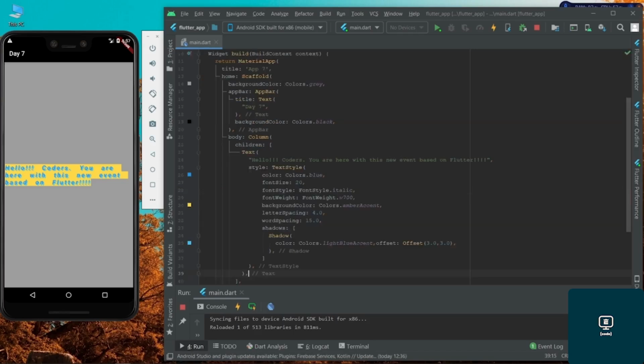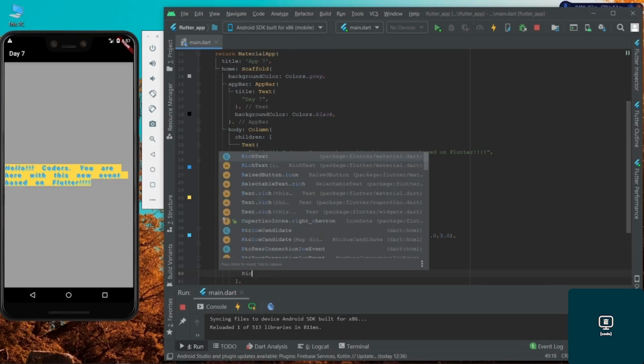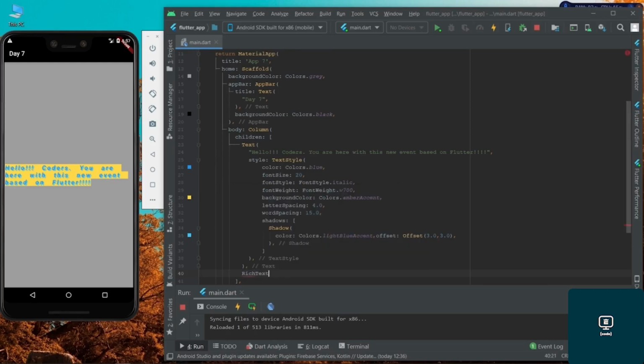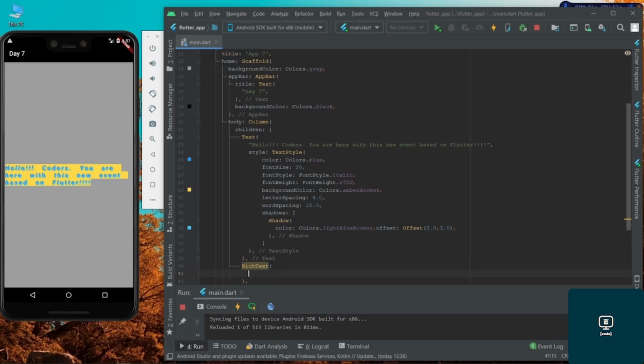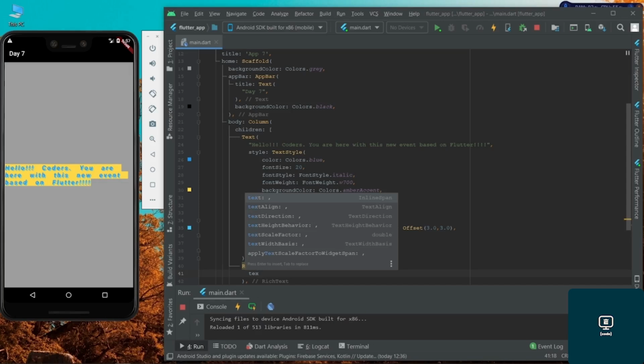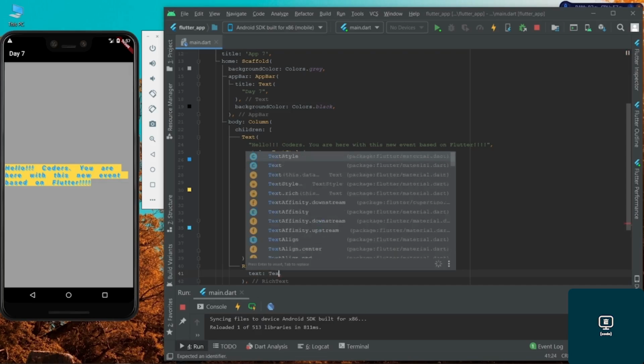Now you can paste it over here. Now just create another widget, that is rich text. Inside this widget we can separate two words which are available in a single line. So this type of thing can be done using this rich text. Just use this property text and use the function text